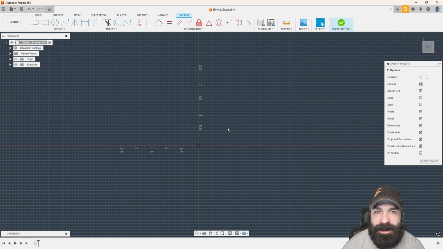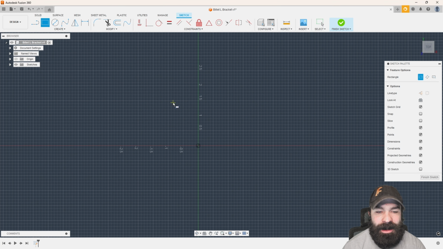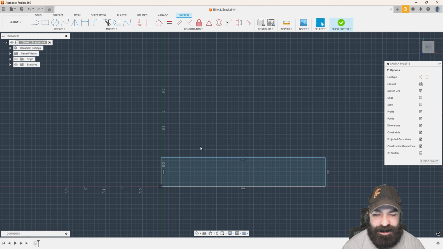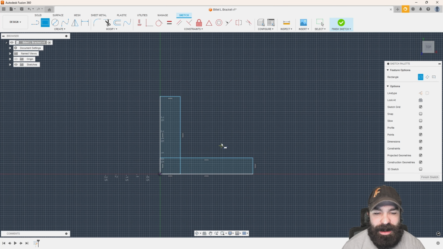So I'm just picking a plane, and from here, if you guys haven't caught my other videos, I absolutely love using rectangles. So much that the hotkey is R, or you can go to your toolbar, and you can see that you can pick a 2-point rectangle. So I'm going to hit R for rectangle. We are doing a 2-point rectangle. I'm going to pick my origin and drag outwards, and then click a second time. If we misclick, we can always hit escape, then R again, to drag upwards